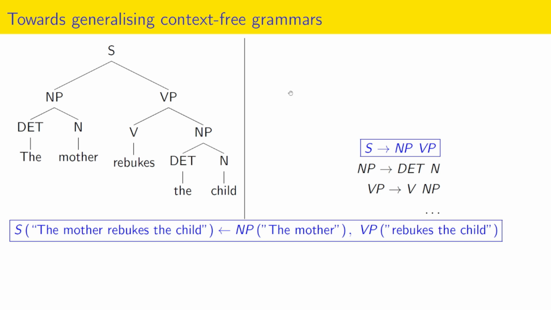The same rules can be regarded in a bit more logical way by just thinking of the non-terminals, the capital stuff here, as unary predicates, taking as arguments strings of terminals, and each of them will return true or false according to whether the terminal string you pass as an argument can be generated by that